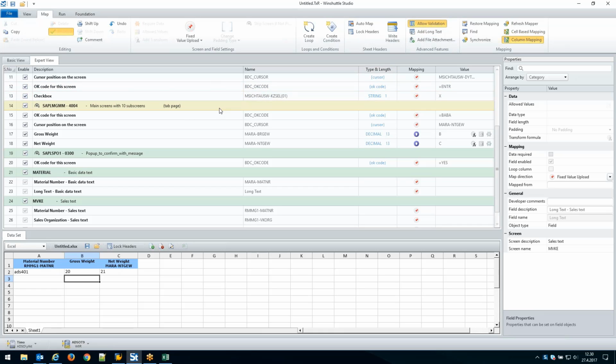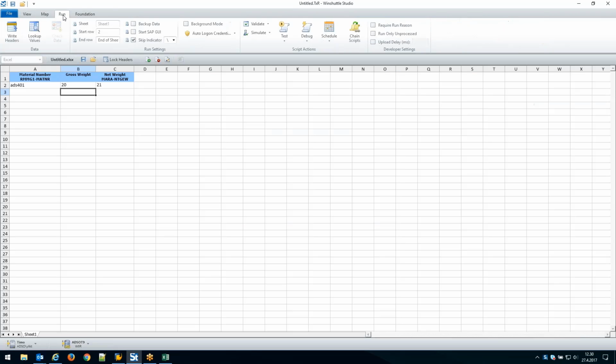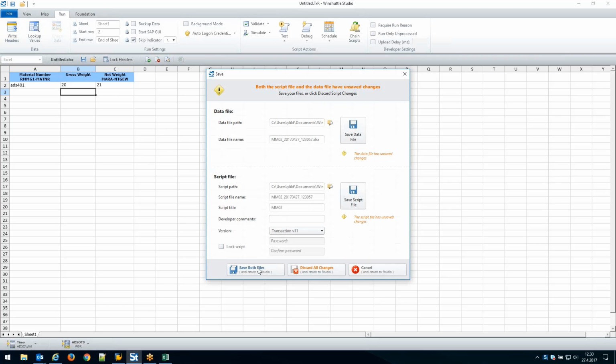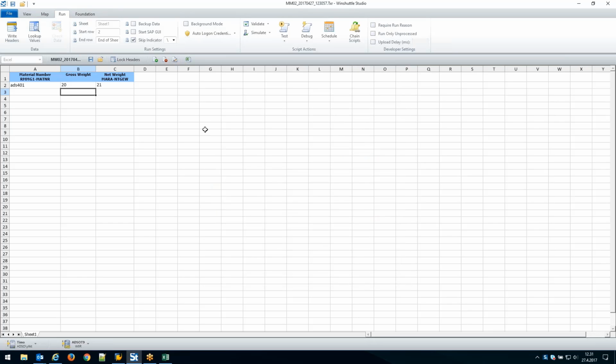David briefly mentioned the linking of scripts as well. That's also something that works a lot better in Studio 11, which is actually in the run section of the script. So the way that works, let's actually at this point just save our script. So if you have built scripts earlier or linked scripts together using version 10,